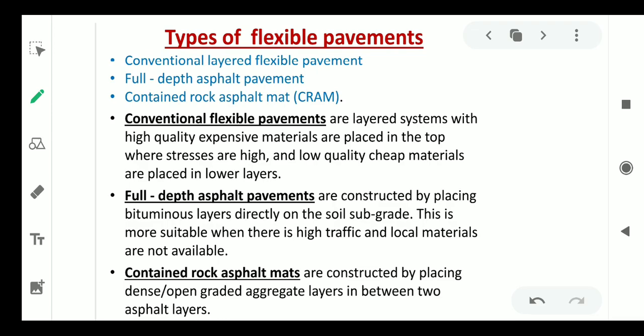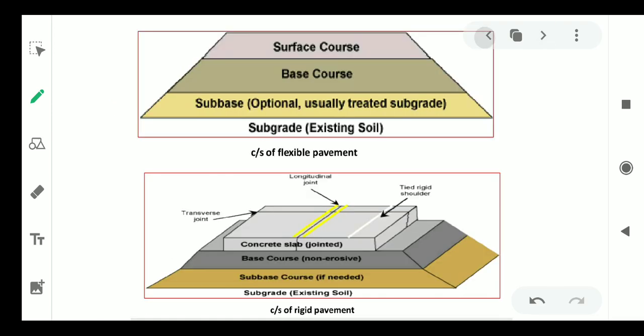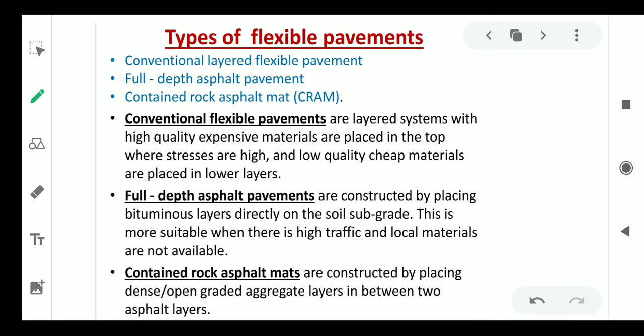Here are the types of the flexible pavement. This section we will discuss later, next week. Okay, so for today's